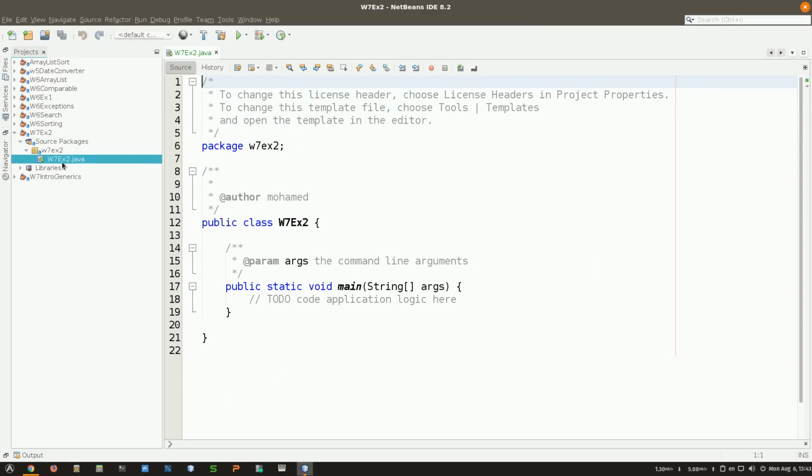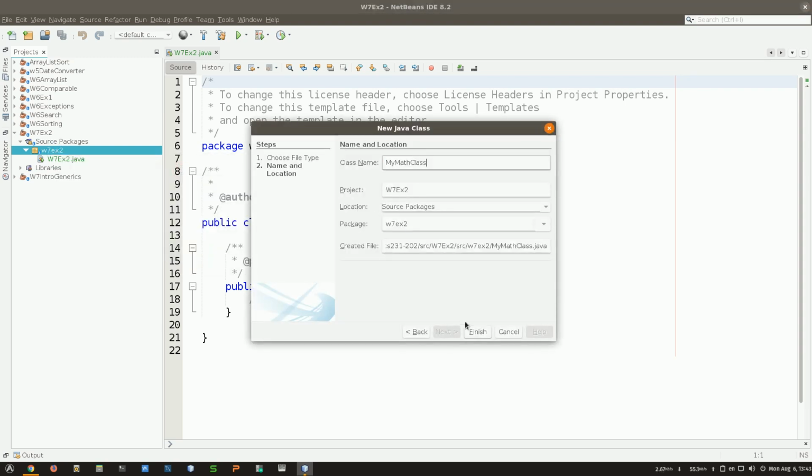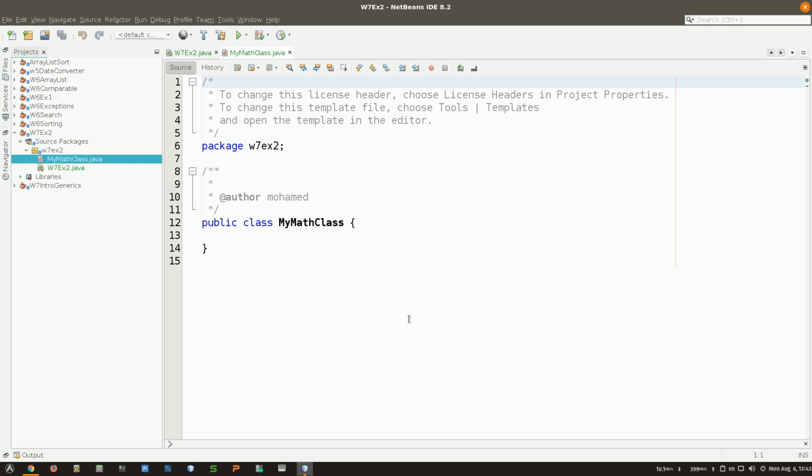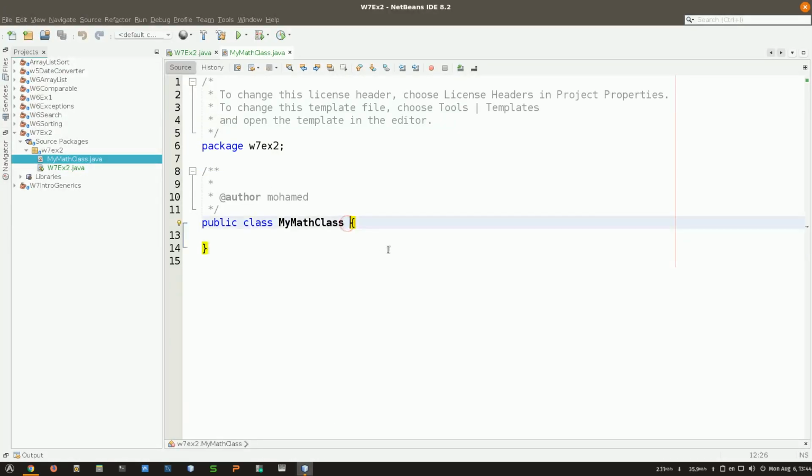I'm going to create a new project, week 7 exercise 2. Let's create a new class that I call myMathClass. It stopped and it's back. And this should have a type parameter T. That means now I'm forcing you to use a specific name for this T that extends Number. Notice that in the question it was mentioned